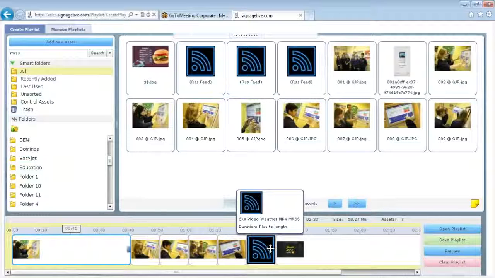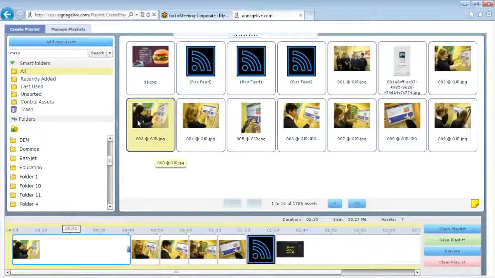Once you've then deployed your playlist out to all of your screens, if you need to make any changes to your playlist, so to add any new items in or to take any items out of the playlist, you'd need to do it via Manage Playlists. So if we go up to the top of the screen and go to the second tab in, Manage Playlists,